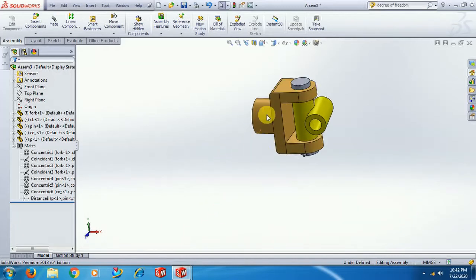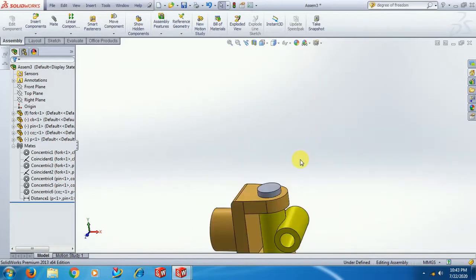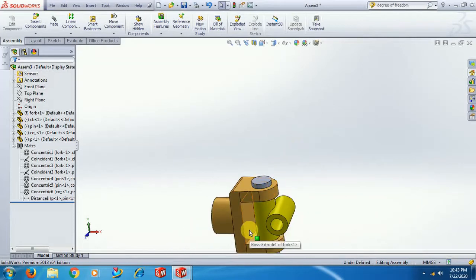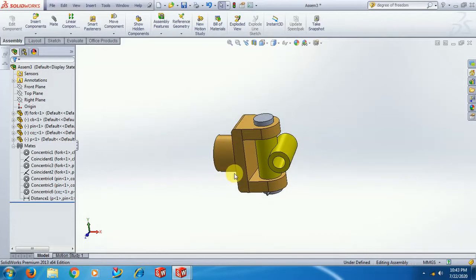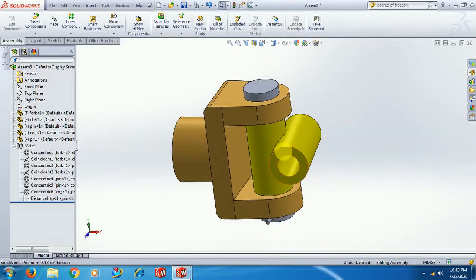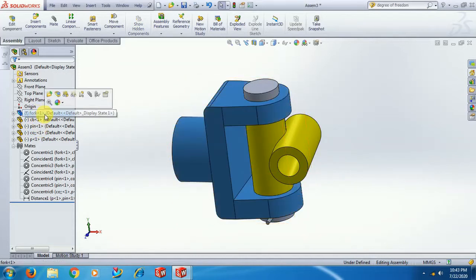Now once you assemble some parts, and if you want to edit, simply here history, select the part. Here you can see open part. If you select open part, it opens another part, another window.